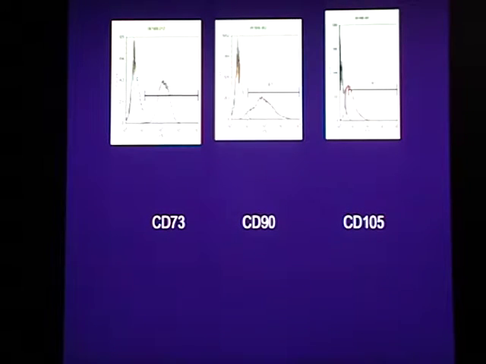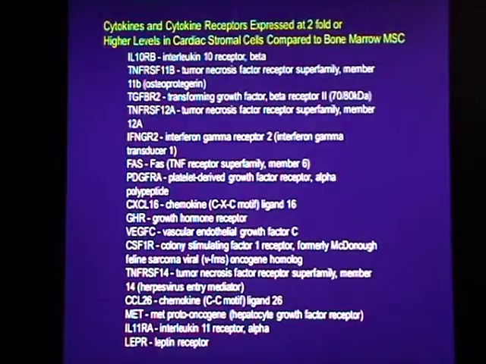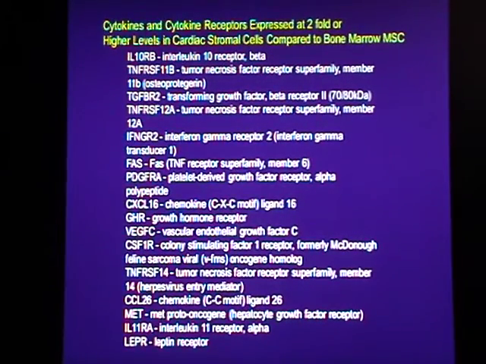When we looked at the phenotype of cardiac-derived stromal cells, the phenotype is very similar to that of bone marrow cells, being positive for CD73, CD90, and CD105. These were also negative for CD45. We did a comparison in microarray analysis and demonstrated that there were significant differences in expressions of a range of